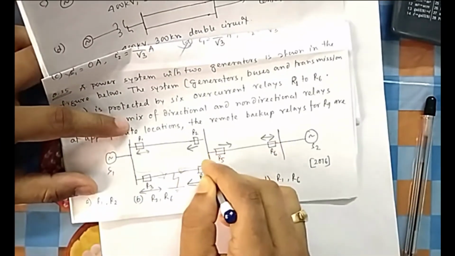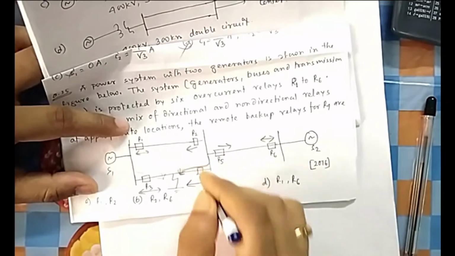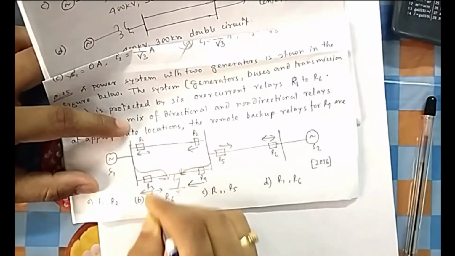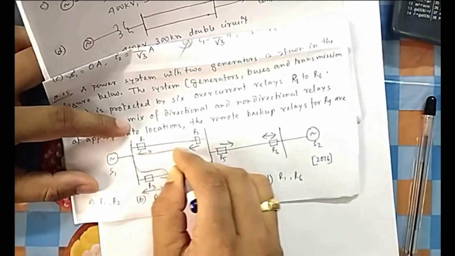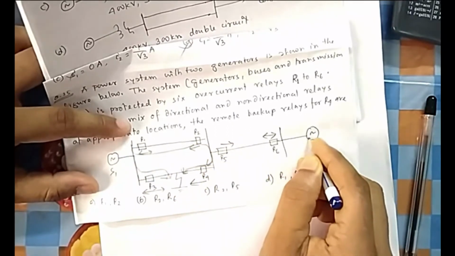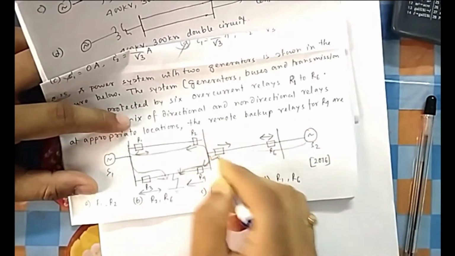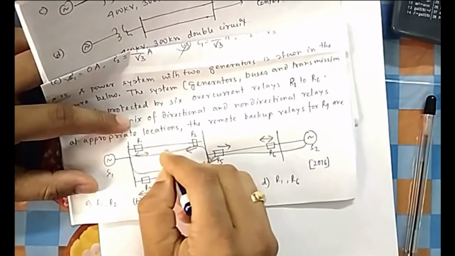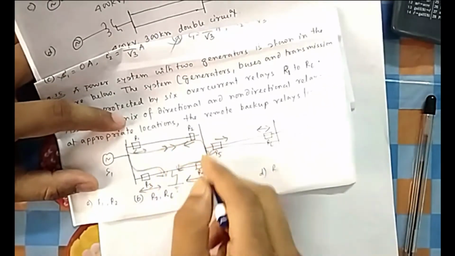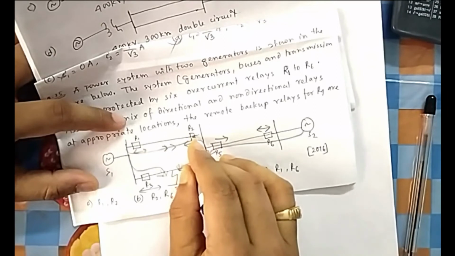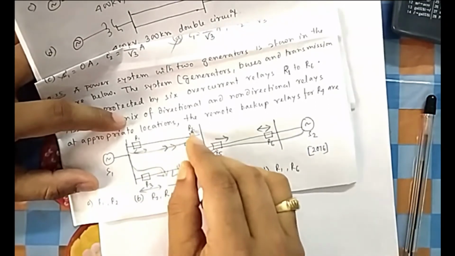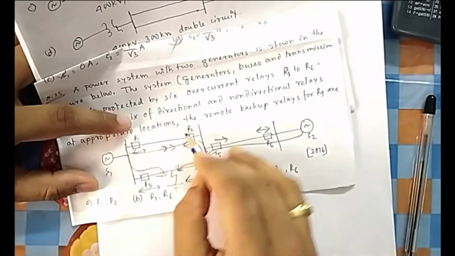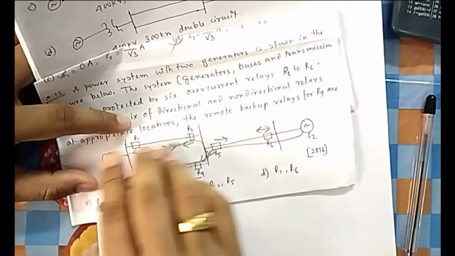Now you see which relay works in this line. So this is the power. So this power is coming in how many ways? One can come from this, okay. For this R3 is there, and for this current the possible paths are one is this and one is this. So these two are possible. One is this current coming here and one is this current coming here. So you think which relay is working in this path? So is this relay working in this direction? No. So this relay will not trip, because current will be flowing in this path. So this relay works only in this direction. Because current is flowing in this direction, this will not trip.